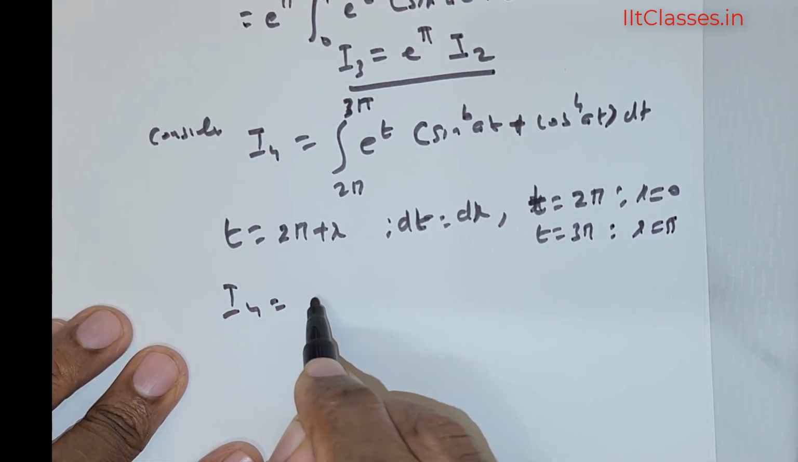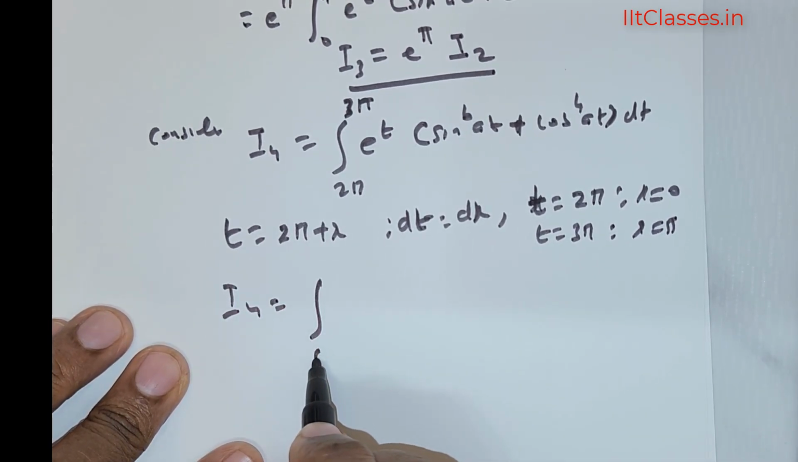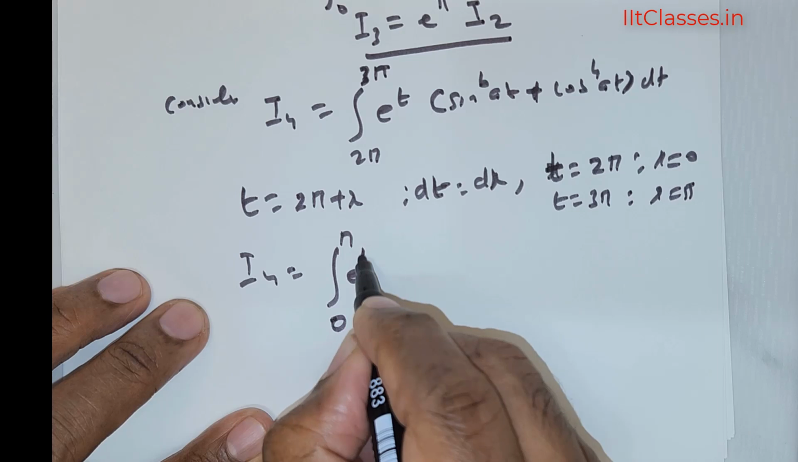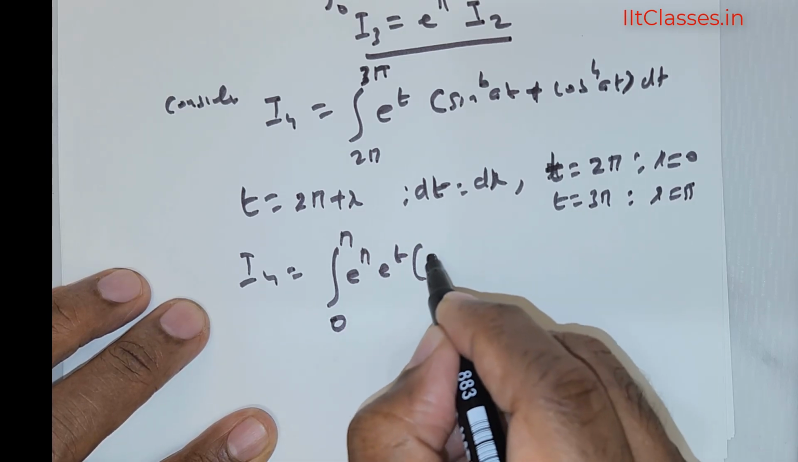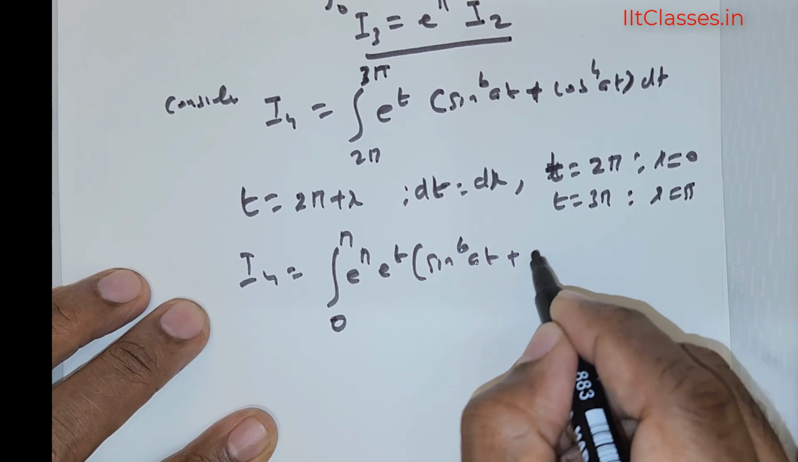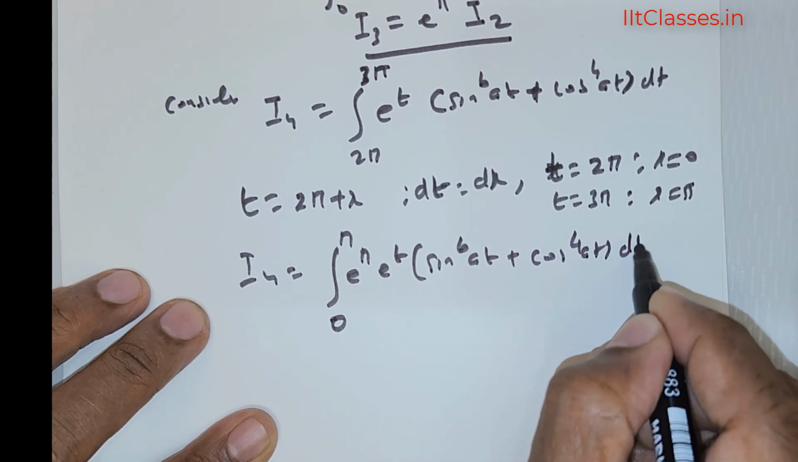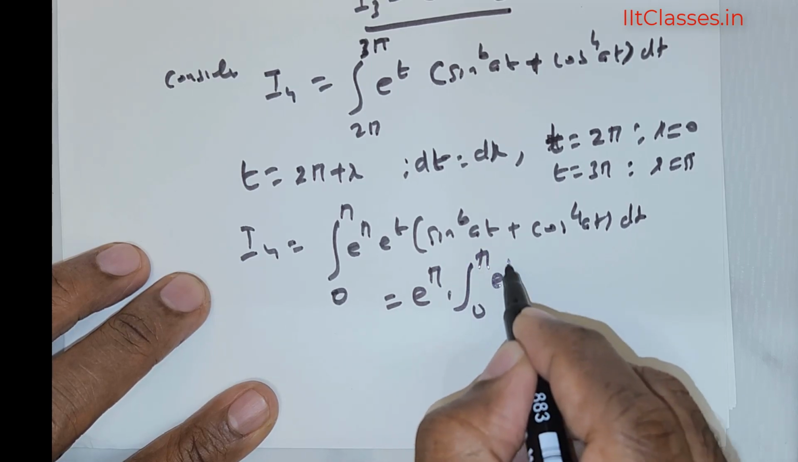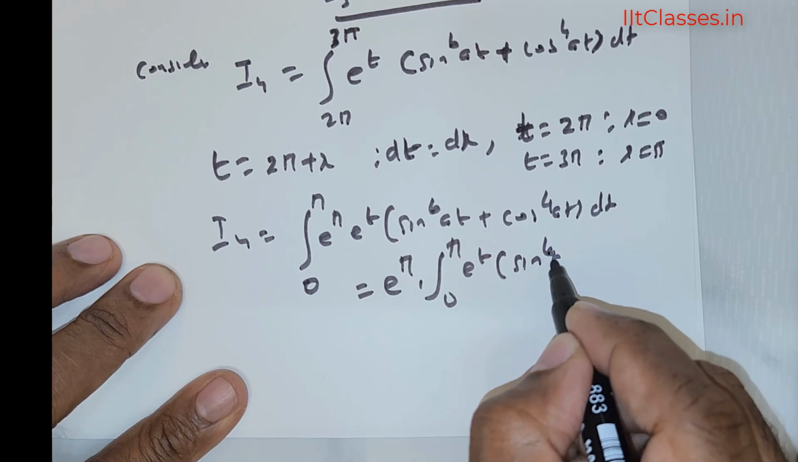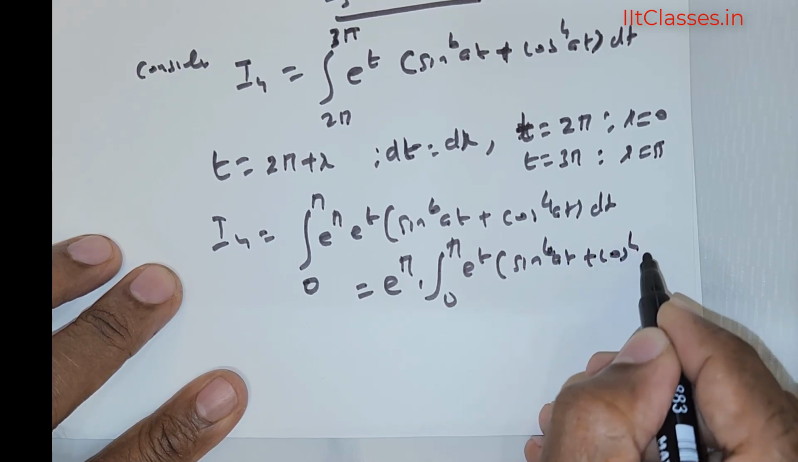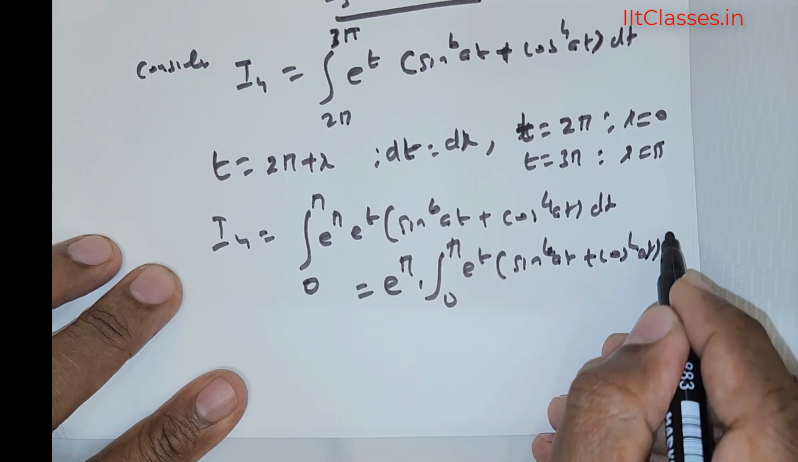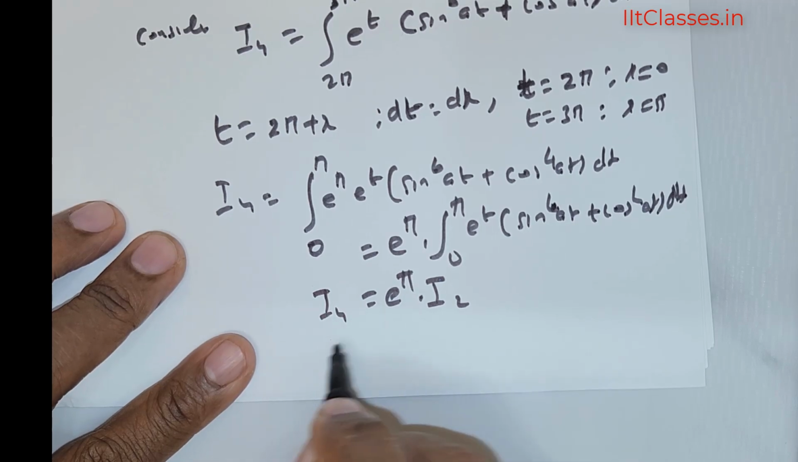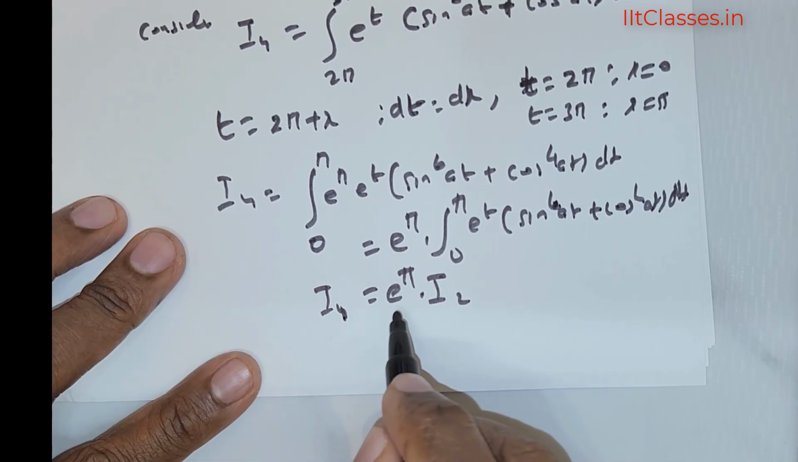So clearly I₄ is going to be the integral from 0 to π. Now following the same concept, this is going to be e raised to the power of π times e raised to the power of t times sin⁶t plus cos⁴t times dt, which is going to be e raised to the power of π times the integral from 0 to π of e raised to the power of t times sin⁶t plus cos⁴t times dt, which is going to be e raised to the power of π times I₂. So you have I₄ is equal to e raised to the power of π,